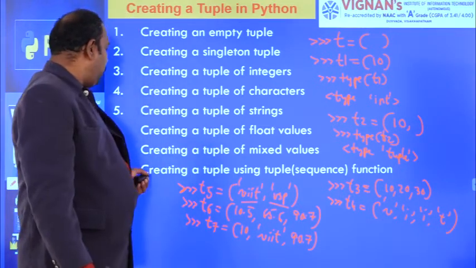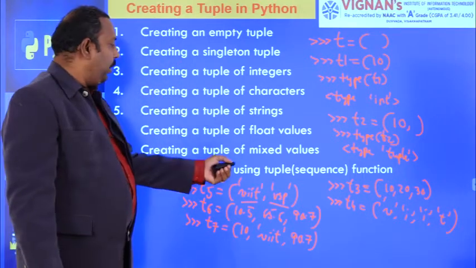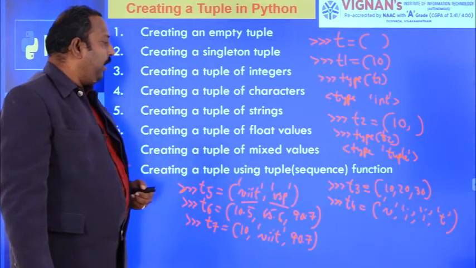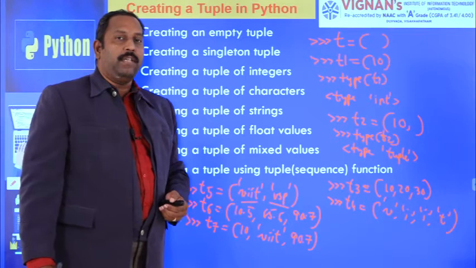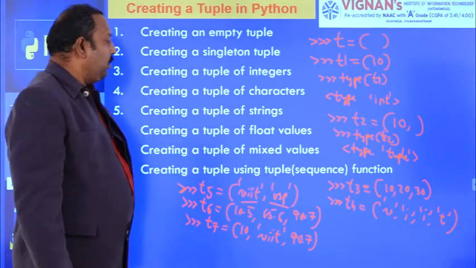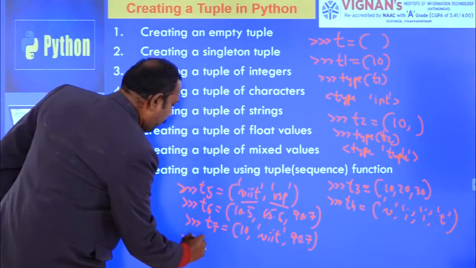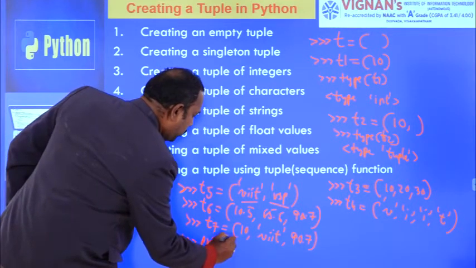So like this we can store mixed values into a tuple. And last one is creating a tuple using the tuple sequence function. So tuple is a function that will return a tuple. The argument for the tuple function is a sequence. For example, I want to create, print, tuple of,